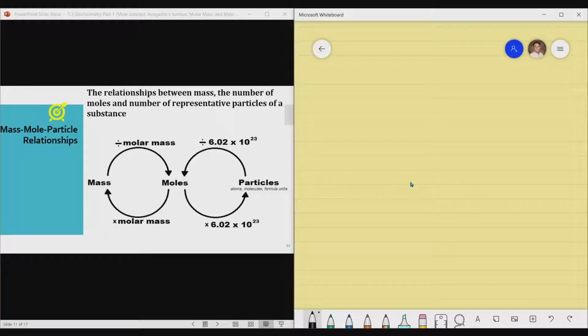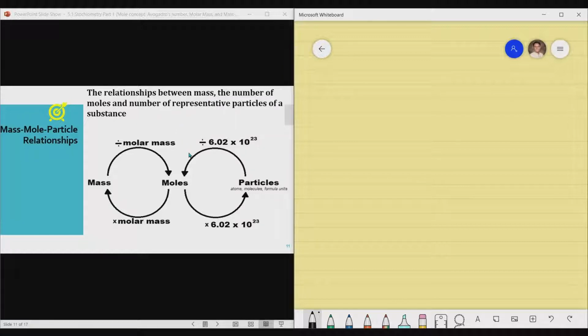At this point, we'll be talking about mass-mole particle relationships. This will be just a continuation of our discussion in the mole concept and Avogadro's number, also with that of the formula mass and molecular mass. Let's start. This particular image shows you the relationship between mass, number of moles, and number of representative particles